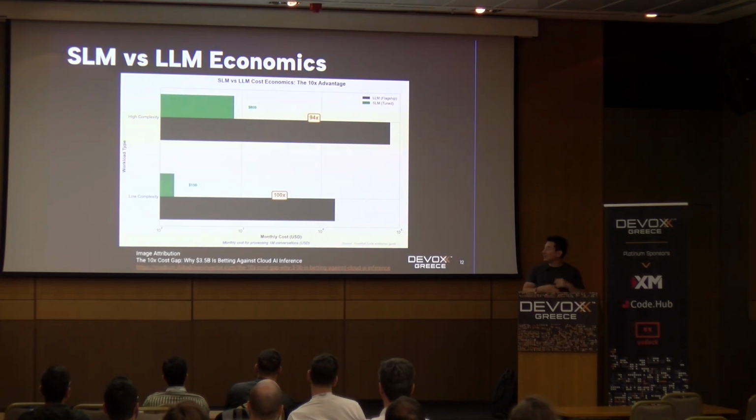So if we take two sets of problems, very highly complex problems, and compare what a small language model and a large language model look like when you run inference, and what the cost factor is. Running those two models, for high complexity reasoning type things, is 94 times the cost of a small language model. So large language models cost a whole lot more to run, right? Because of the hardware, GPUs, cooling, power, water, all of those things.